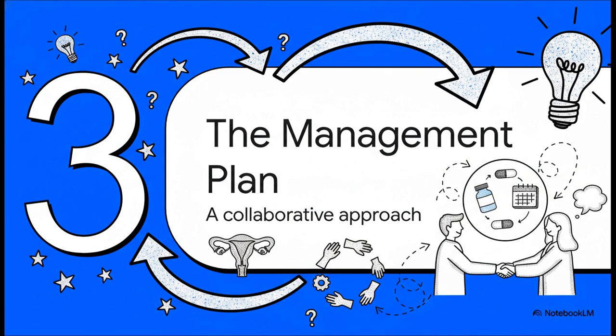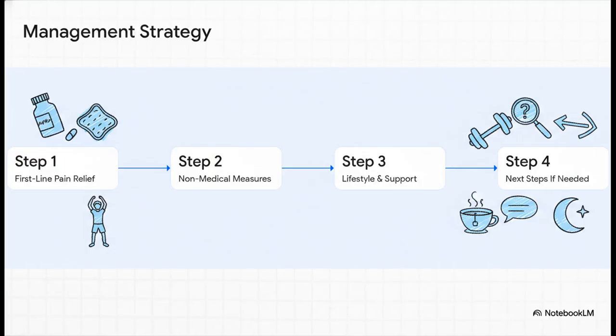Now it's time for the management plan. And the key word on this slide is collaborative. You're not just telling her what to do, you're creating a plan with her. A great way to structure this is to lay it out like a roadmap. You can say,